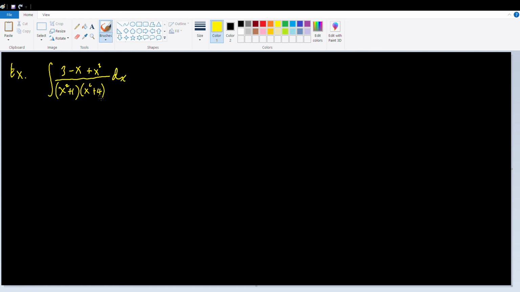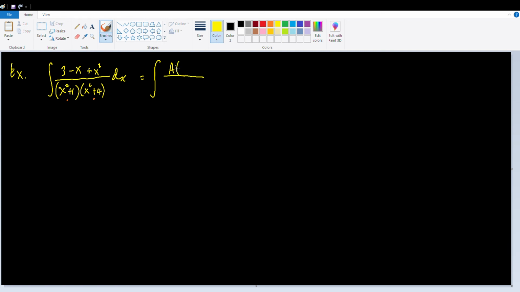So what we have here in the denominator are two distinct quadratic factors. So let us write the integrand as a times, we take on the